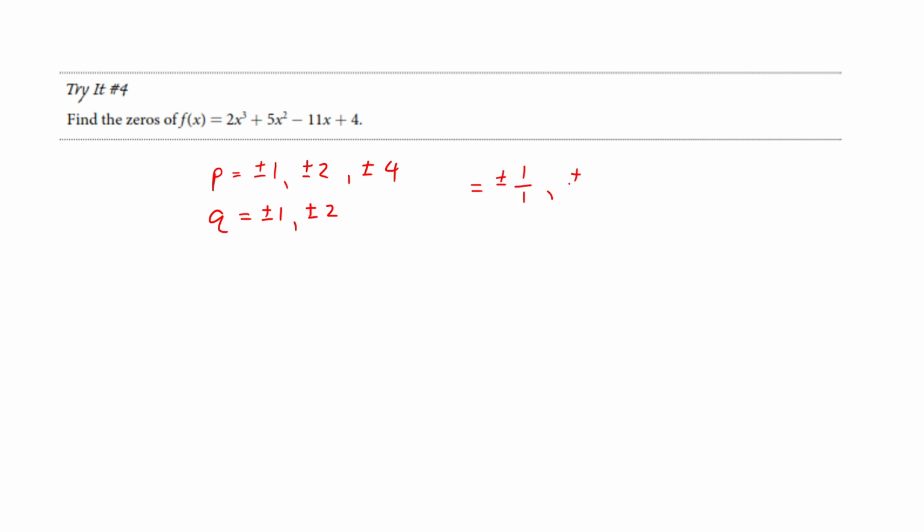1, plus or minus 1 over 2, plus or minus 2 over 1. Now look at this one, plus or minus 2 over 2, that's the same thing, so I can ignore that. Okay, so I'm going to run out of space here, so I'm also going to do